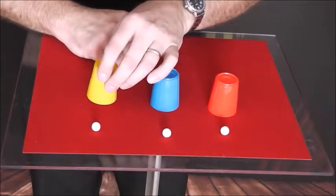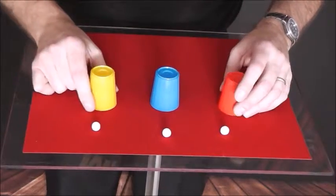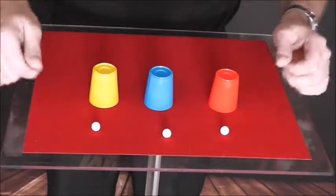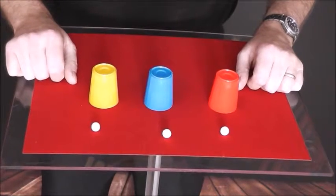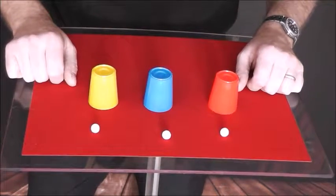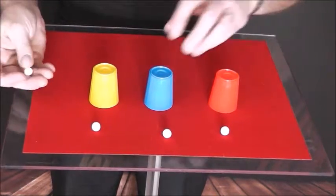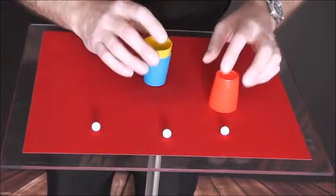And you put down the third cup. So what you've shown is 1, 2, 3 empty cups, 3 balls. Okay. The secret 4th ball is over here in your hand. Because what happened was,